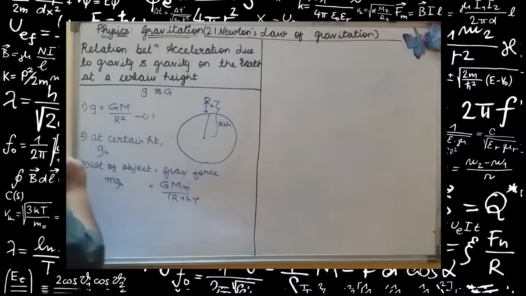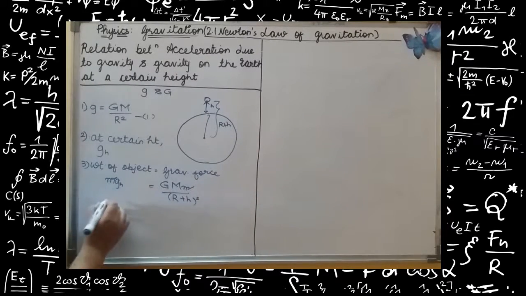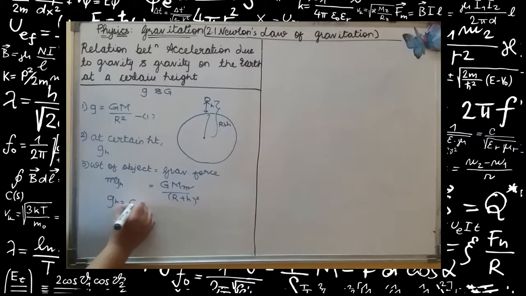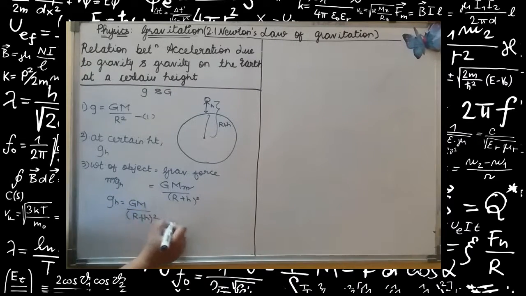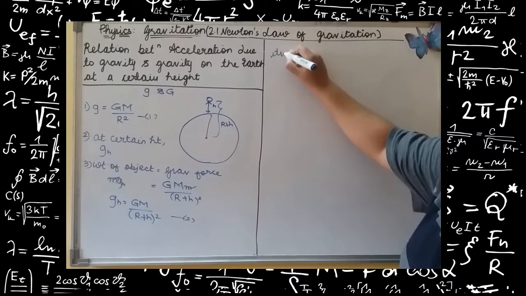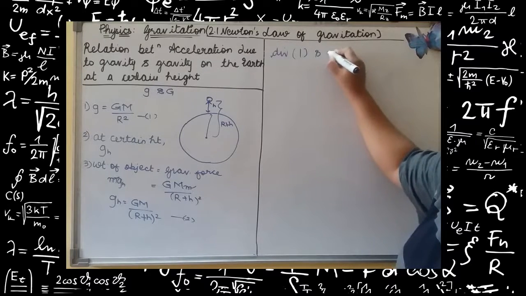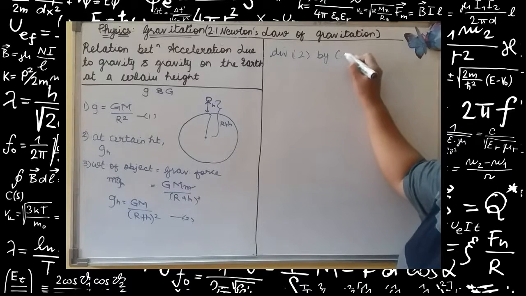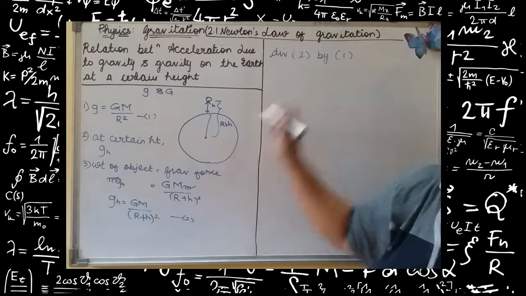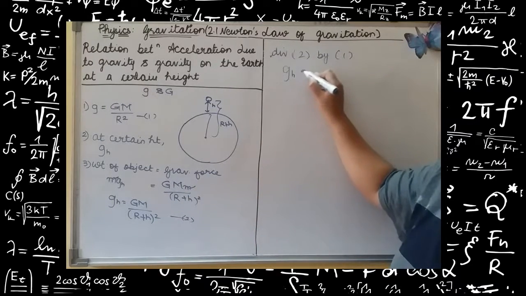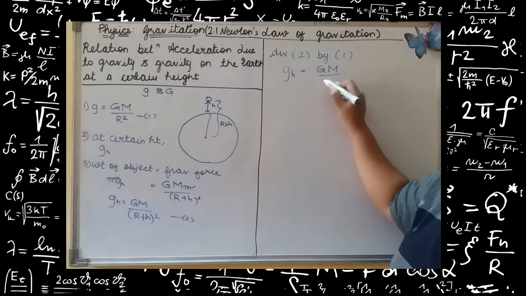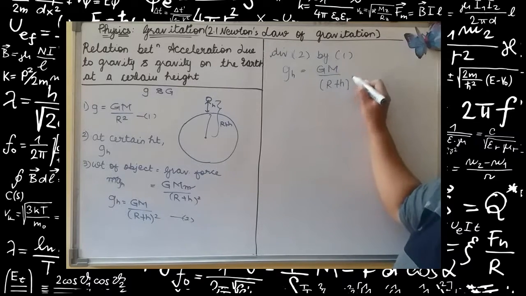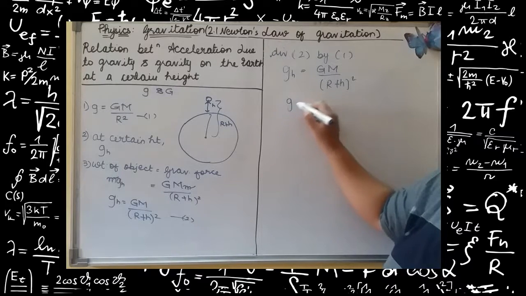After cancellation of m and m, we get g_h is equal to capital G m upon (r plus h) the whole square. Let this be equation number 2. Dividing 1 and 2, we get 2 by 1. So what is equation number 2? g_h is equal to G m upon (r plus h) square. What is equation number 1? g is equal to,